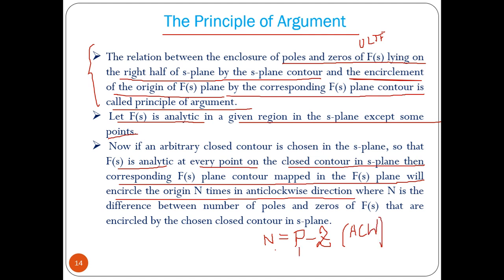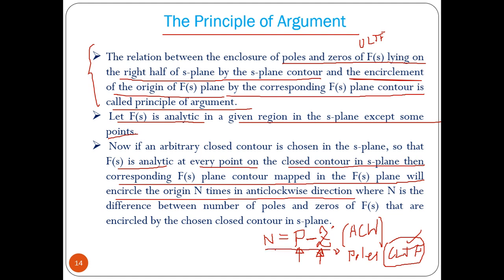That means if you know the number of poles and the number of zeros, actually this is not just the number of zeros, I will tell you what it is. P is the number of poles of the open loop transfer function. Z is the number of zeros of the 1 plus G(s)H(s), or the number of poles of the closed loop transfer function, right? That already I told you in the first slide. The zeros of the open loop transfer function are the poles of the closed loop transfer function, right?